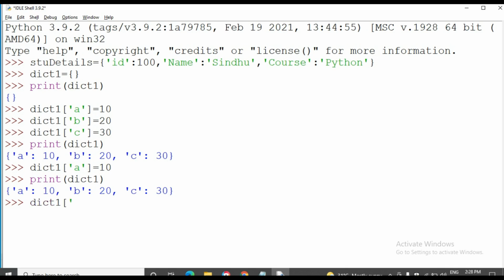See, then the next one, dictionary 1 of A equal to 50.